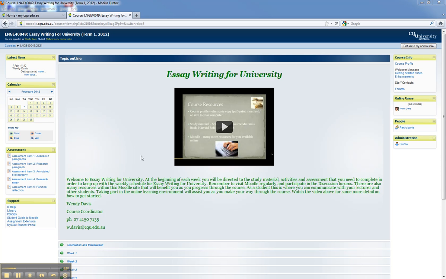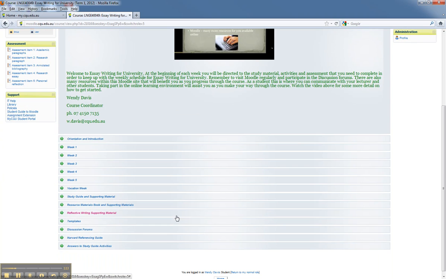Now, if we scroll down the page, you can see that at the moment we have 5 weeks of the course up and running. So the course is actually going to go for 12 weeks. So eventually there will be weeks 1 to 12 here, as well as these other topics that will stay there for the whole of the course. But at the moment, you really need to concern yourself with this first one, orientation and introduction, and the week 1 work. So to open and see what's in each topic, you simply click on the green arrow once like this,